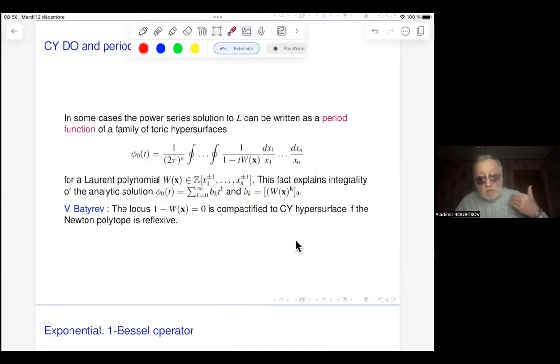The coefficients of generating series for this B sub k, they can be computed like a residue in zero of k's degree of this Laurent polynomial, which usually people call superpotential. Batyrev discovered that, sorry,